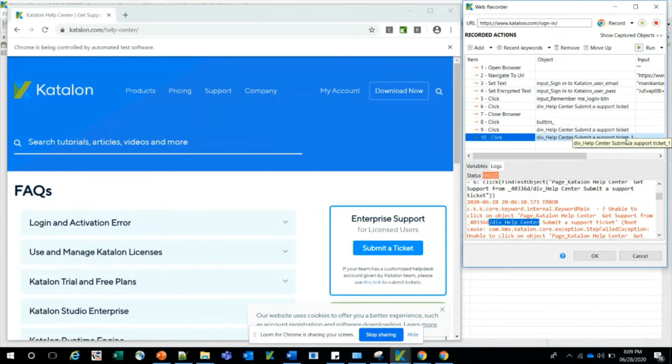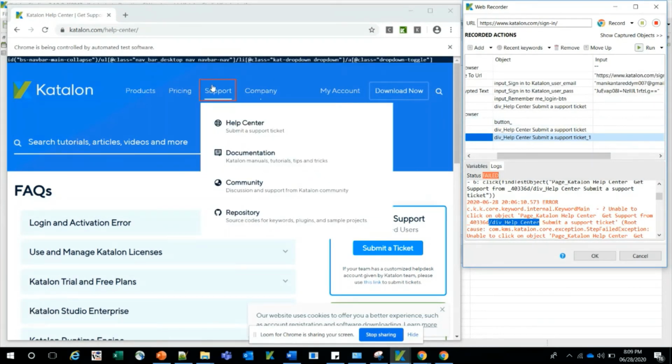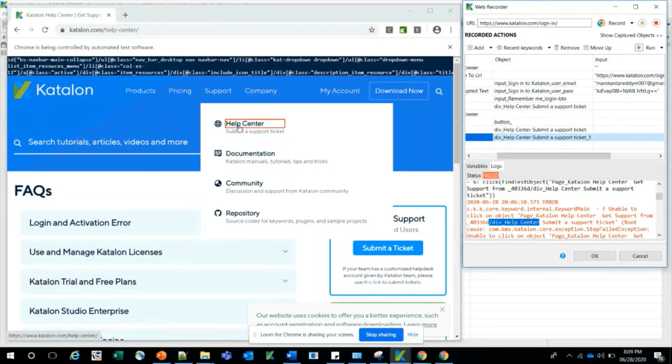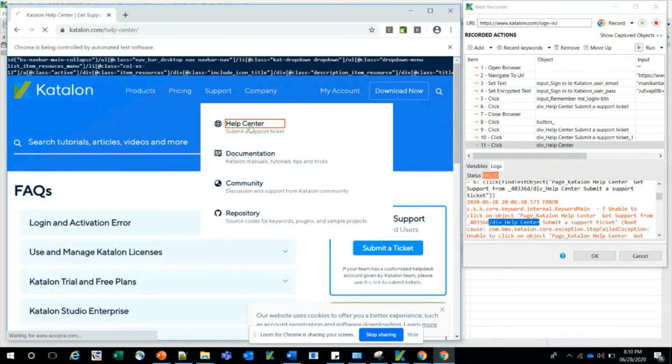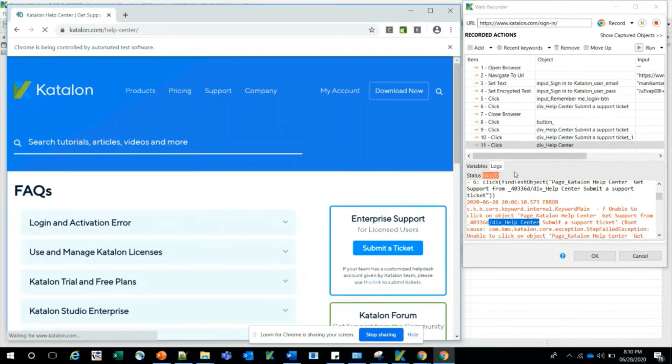The other one is support ticket_1, which is a different one. Let us consider user 3, who wishes to click on the child of the previous two. If he clicks on this inner layout, it is going to create a different object. So you see the different object is created.